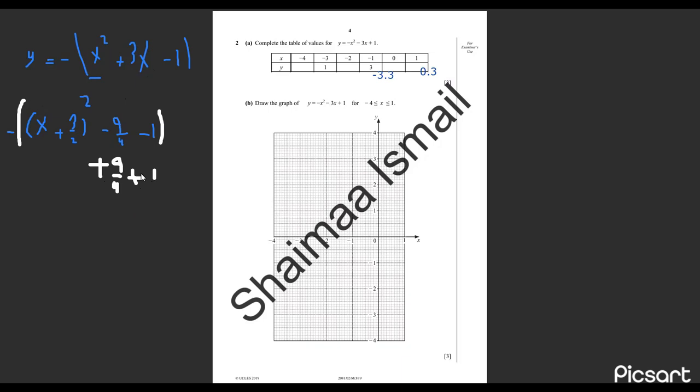So on your calculator, this works out to 13 over 4, so it will be x plus 3 over 2 squared, plus 13 over 4. So we have negative 3 over 2, which is negative 1.5, and 13 over 4. By using the graph here, as we did, it was here, negative 1.5, and 13 over 4, which will be equal to,